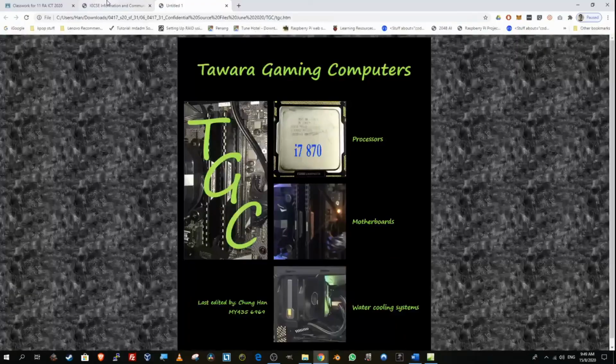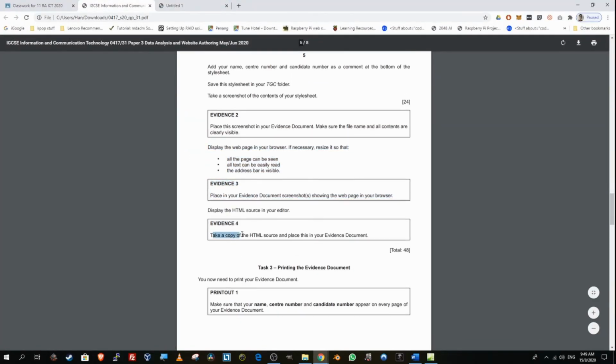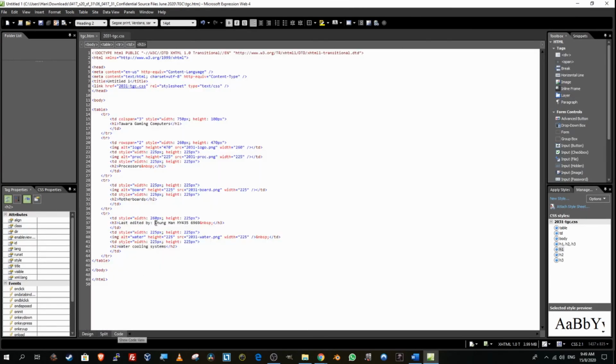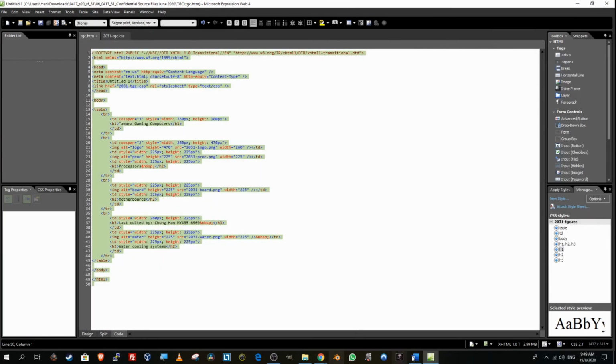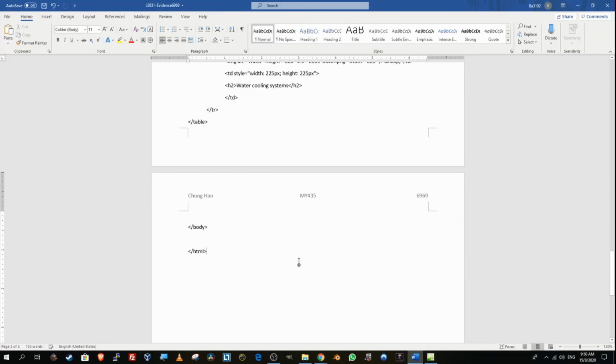Okay, and then finally, take a copy of the HTML source and place this in your evidence document. The most important step, code. Make sure I select everything and put it into my evidence document. Alright, so for